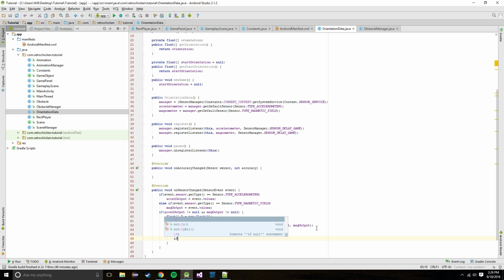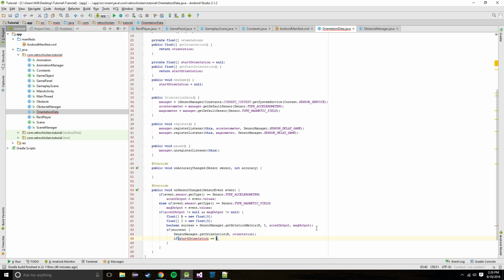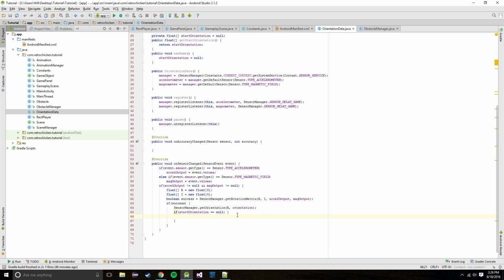And we're going to add another line now, and we're going to say if start orientation equals null, so it hasn't been set, then we need to set our start orientation. So what we need to do is say start orientation equals a new float array with orientation dot length, same length as the orientation vector, and then we're going to do